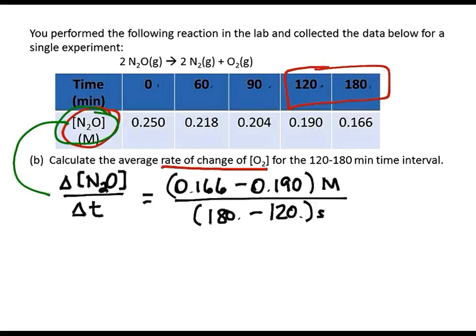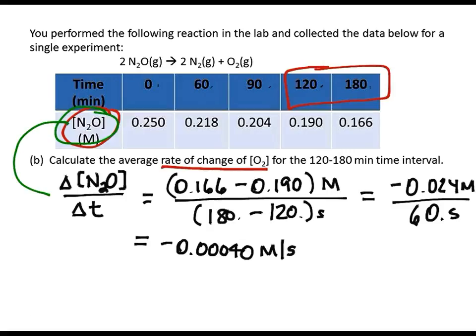So we'll start with N2O. This is really just a repeat of the one we just did, except for a different time interval. And you can see that you get negative 0.024 molar per 60 seconds, which is negative 0.00040 molar per second. Now we have to relate that back. That's not the answer. We're going to write our related rates expression,